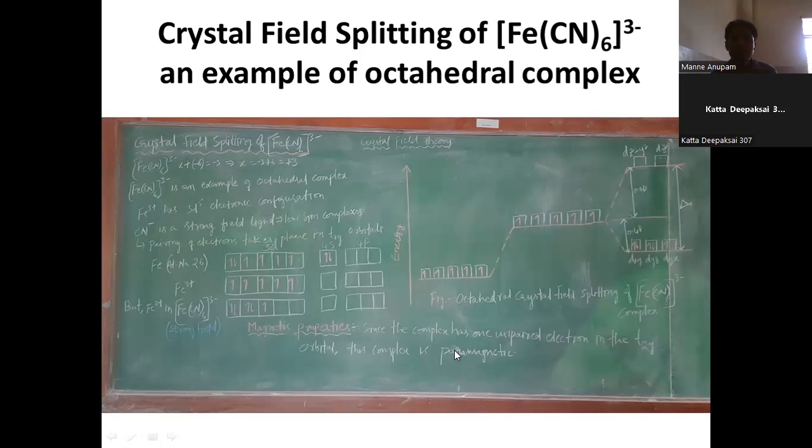So this is what we have learned in today's class: crystal field theory, octahedral complex, how splitting is occurring in octahedral complex, how t2g orbitals are reducing in energy, and how eg orbitals are increasing in energy, and how electrons are distributed in case of